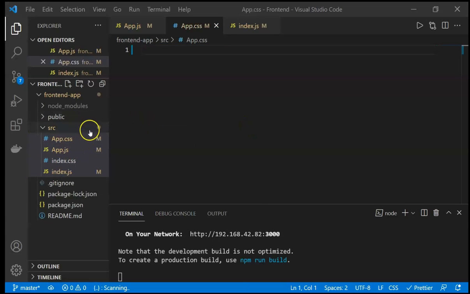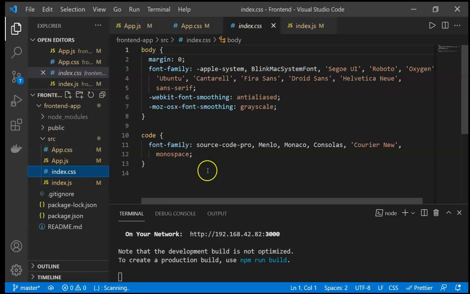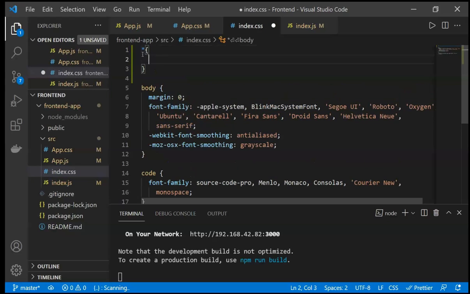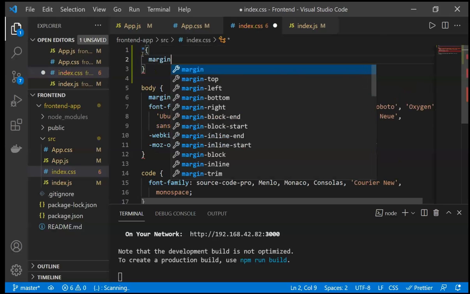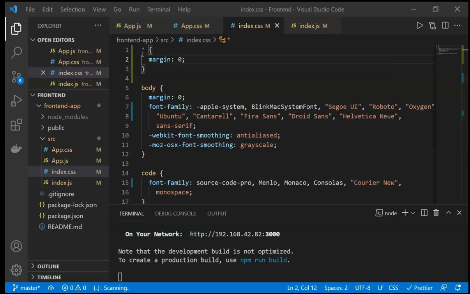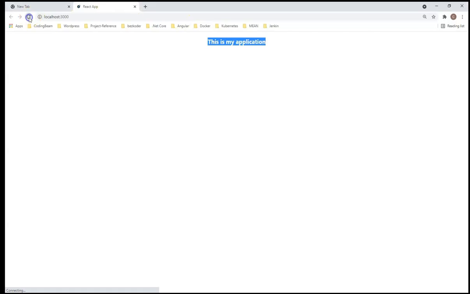If I go to the index.css file also, if I remove this, and give the margin here to the star, like the star, and the margin equals to 0. So if I save, then you will see this will be the default application with React. Now this contains no empty spaces and margins at all. So this is the default app now.